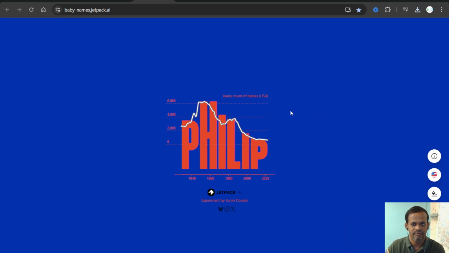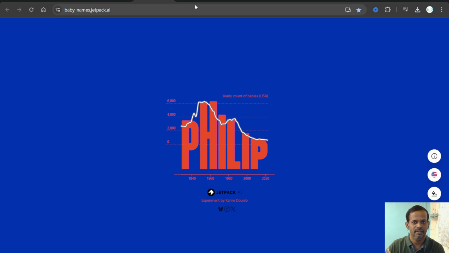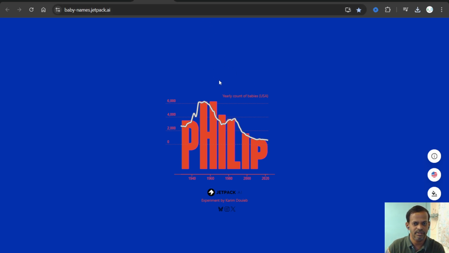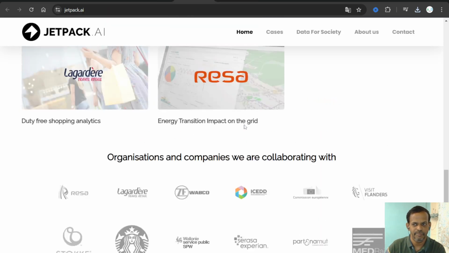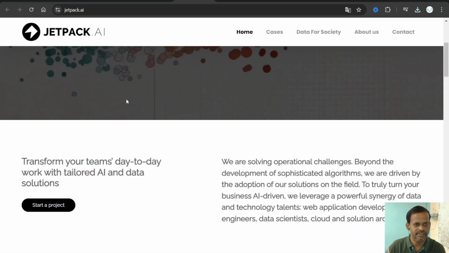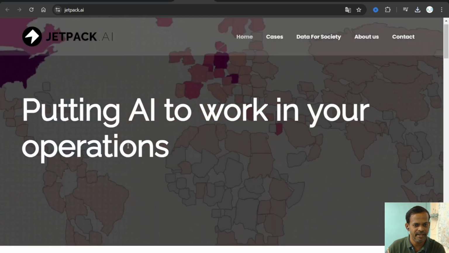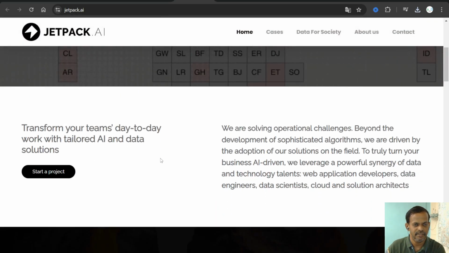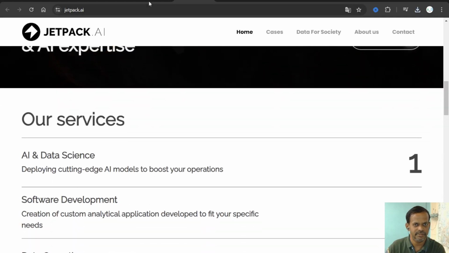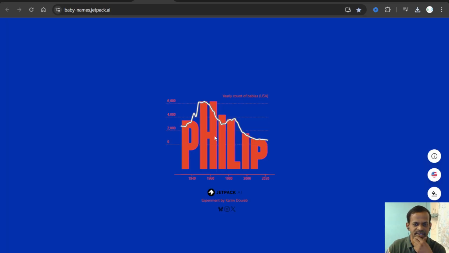I was not sure how that particular AI is integrated. I tried to check, but was not able to find. But it seems Jetpack AI has integrated AI in this dynamic font for appearance.